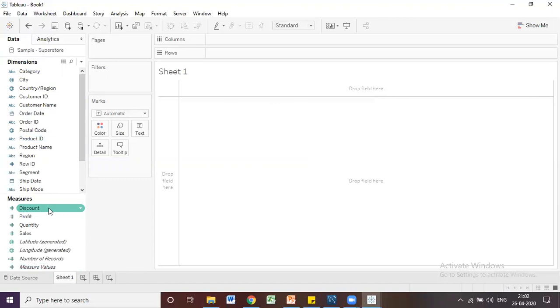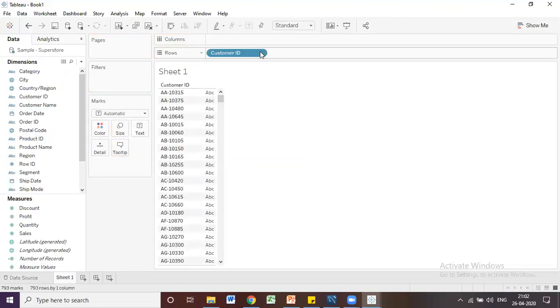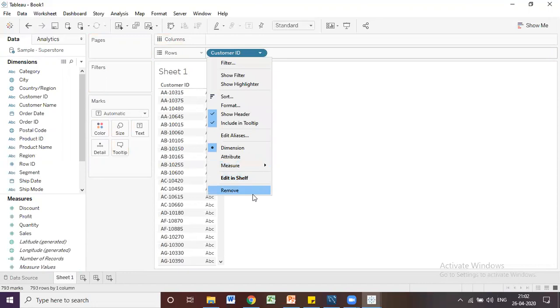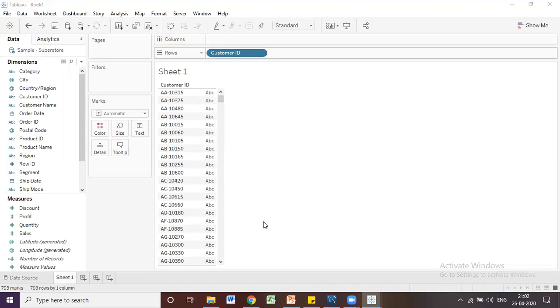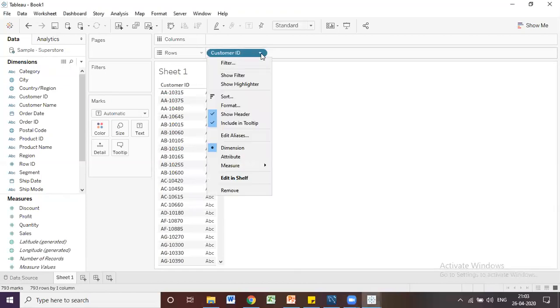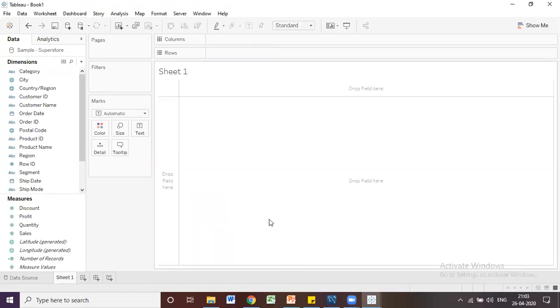You guys must be having one doubt here. The customer ID, let's drag this customer ID, it's a combination, right? Let me close this one. Let's see other types. Let me remove this one.